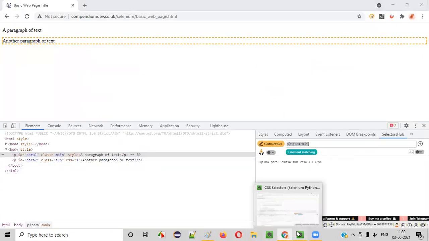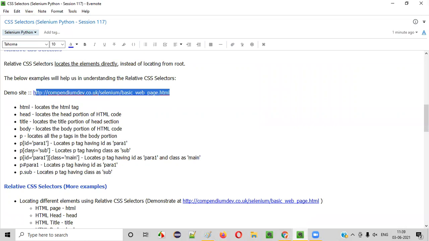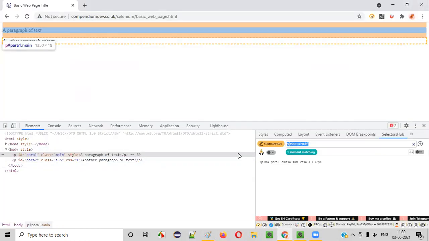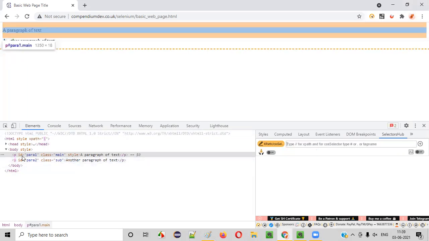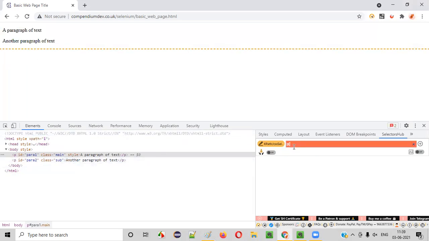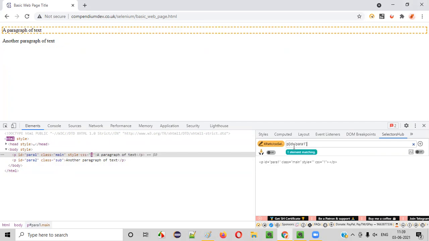Fine. Similarly, any other things left? Yeah, shortcuts. Remember the shortcuts, right? You can give the shortcuts also. If you want to locate a paragraph having the ID as para1, we generally write like this, p id is equal to para1. In relative CSS selector, we say p id is equal to para1. Instead of writing all this stuff, I can simply say p#para1.